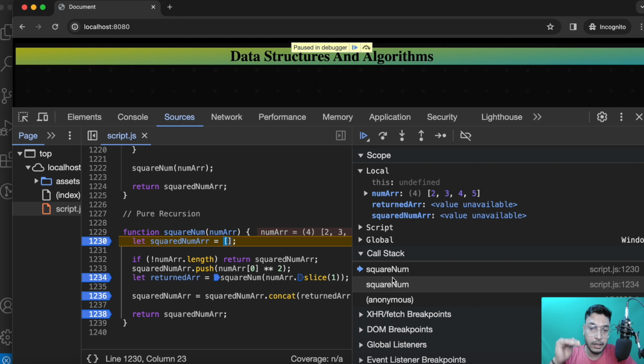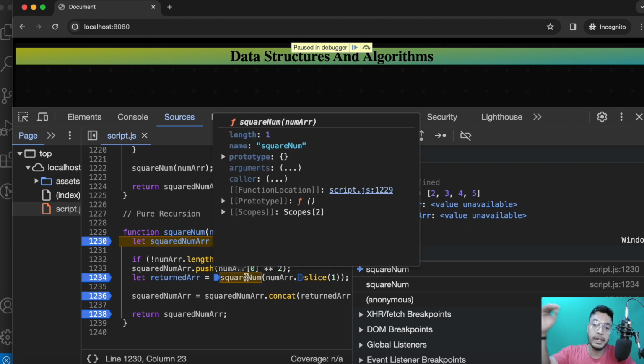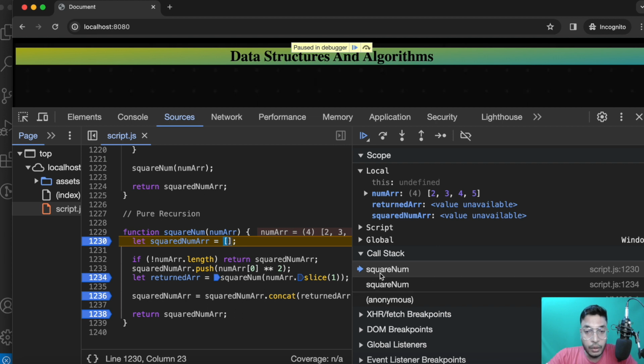So every time we are calling this function, a new execution context will get created. Right now in this function, we have the number array as 2, 3, 4, 5 because we are using slice, right? It will basically remove the first number and give us the array 2, 3, 4, 5. Now, if I play it again,